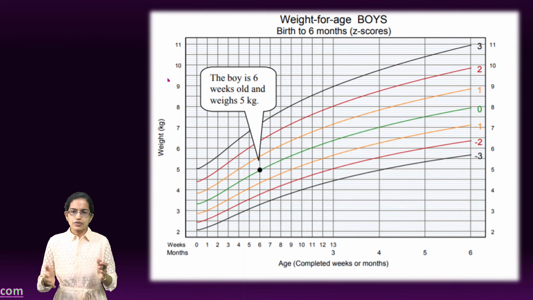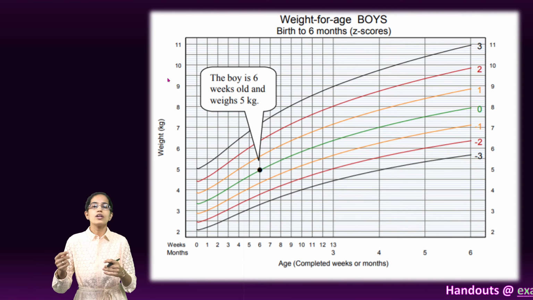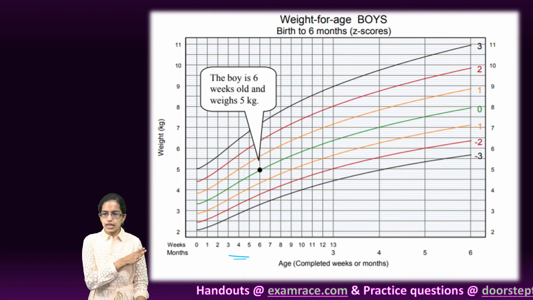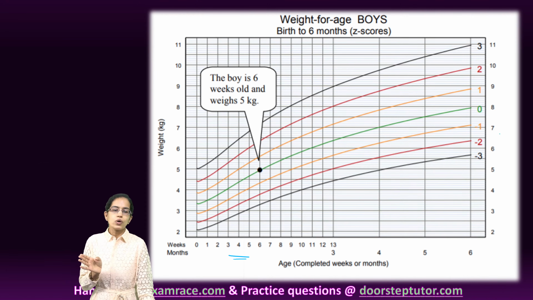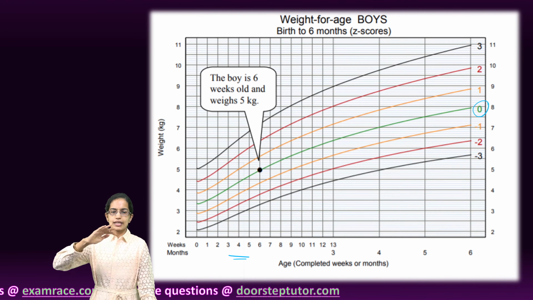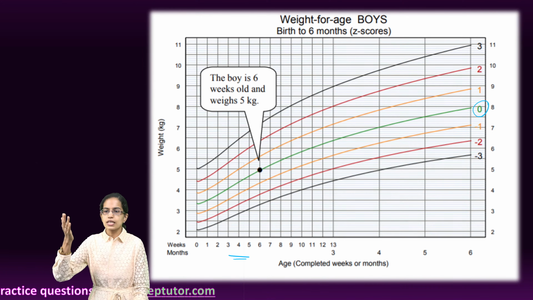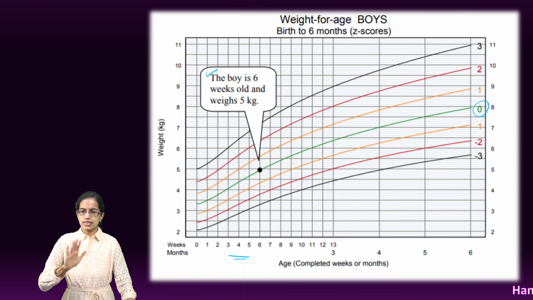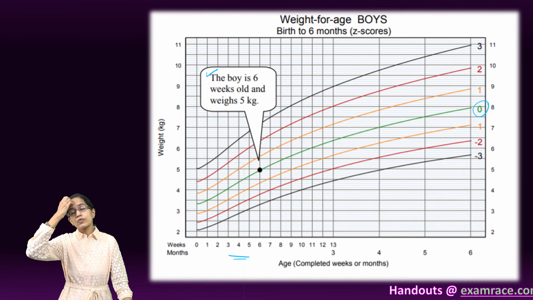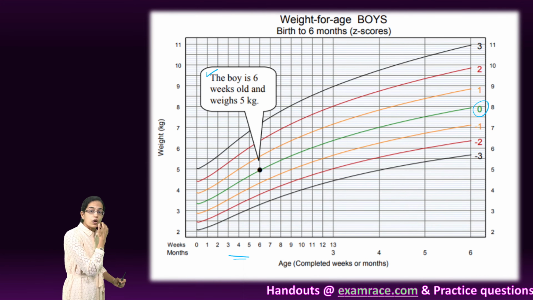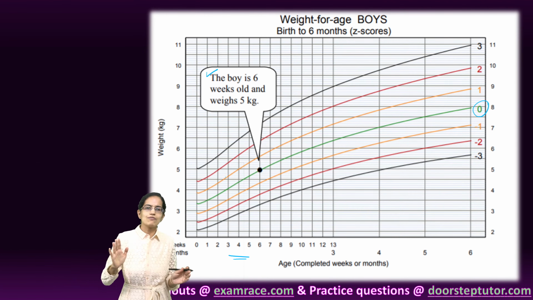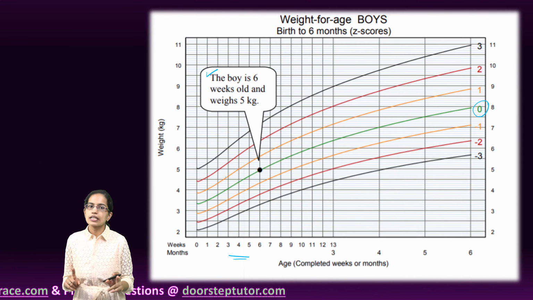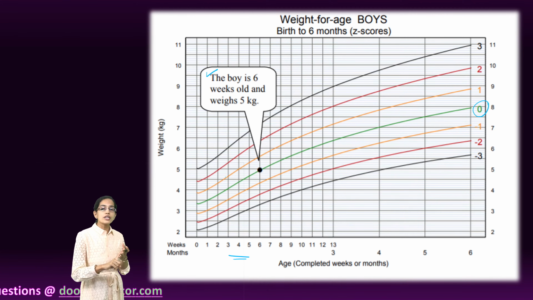So let's take a very first example. I just have a sample here for a weight for age child. That means at this much age, what should be the optimum weight? So 0 shows the normal line, and above and below 0 are the deviation. That means a boy who is 6 weeks old should have a weight of 5 kg as per this graph. Now this graph again varies for boys versus girls and also varies a little from country to country. But this graph, weight for age, is an indicator of good health.